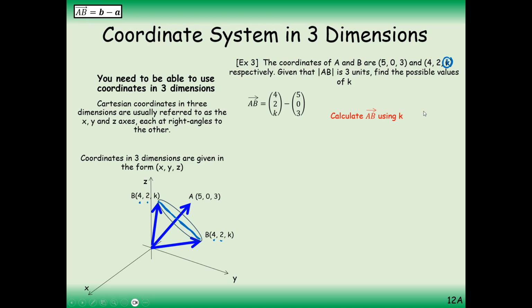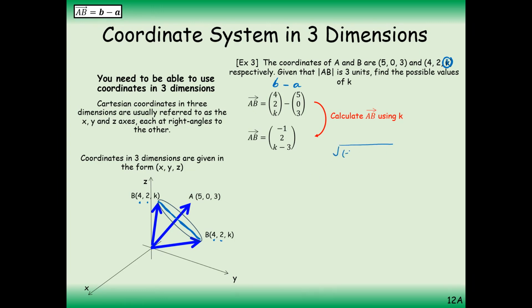So first of all, we subtract vector A from vector B. That is, position vector A here is subtracted from position vector B. What we end up with is this column vector here. The magnitude of column vector A to B has to be 3. Therefore, we need to take these values and put them under the square root,